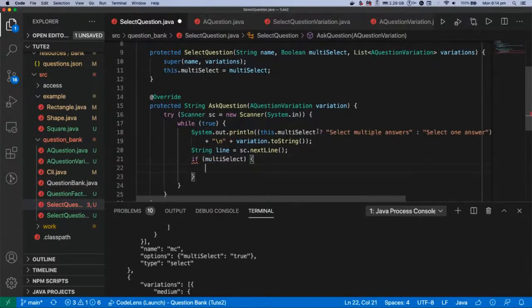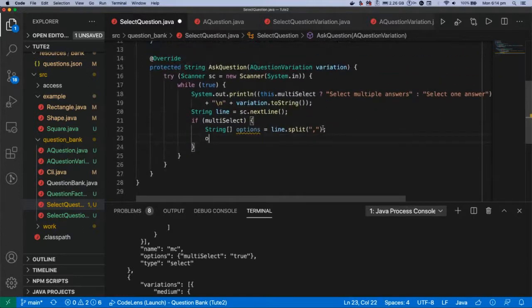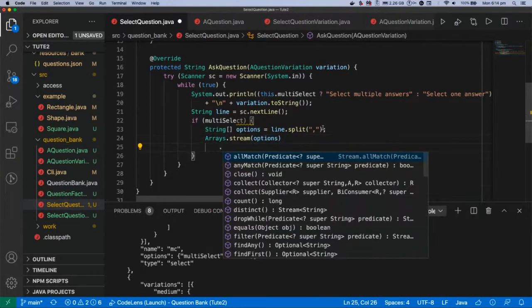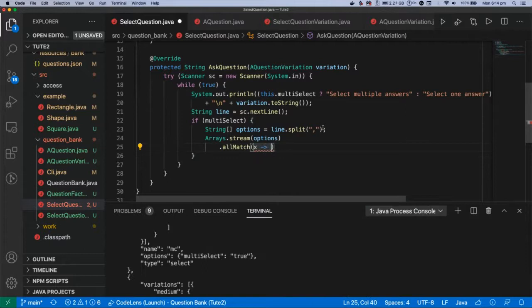If it's multiple selection, then we've got to create an array of strings. This line.split on commas. And then basically for each option, we just have to verify if it exists. Again, we can use our wonderful stream here. We can grab all the options, put them in a stream, and see that they all have to match a condition. And the condition is simply put just that